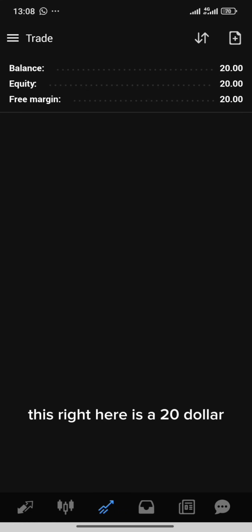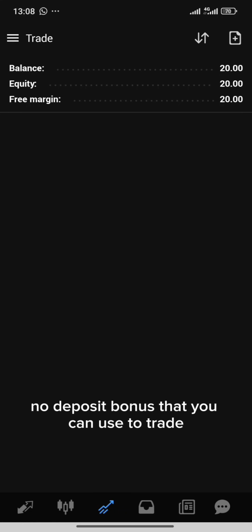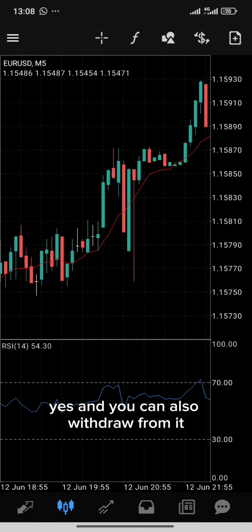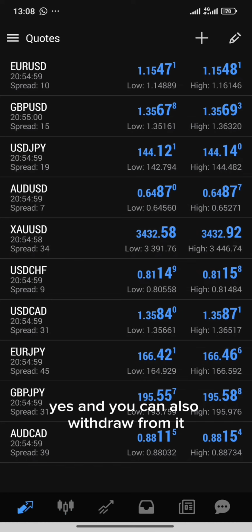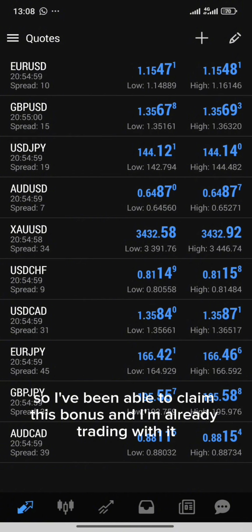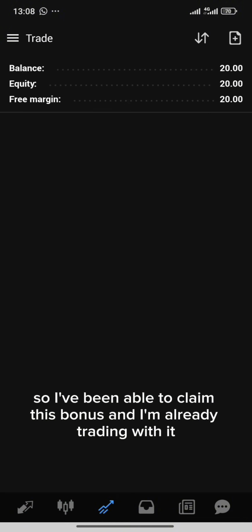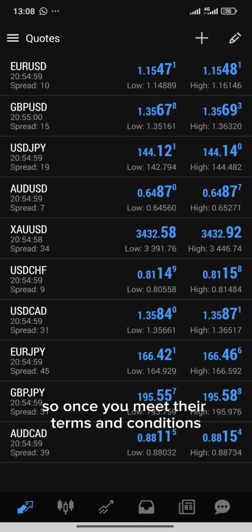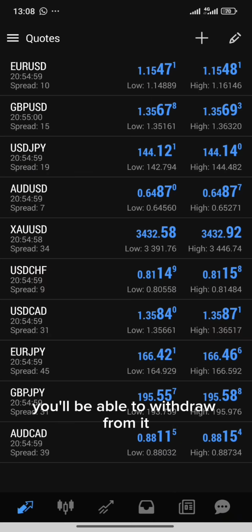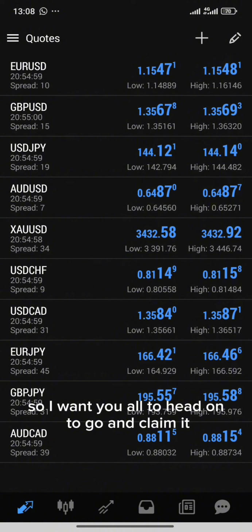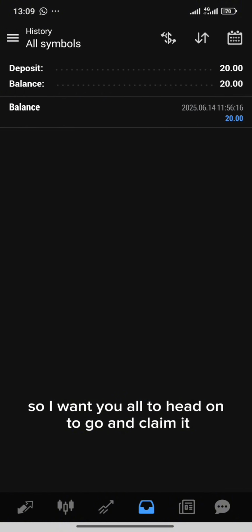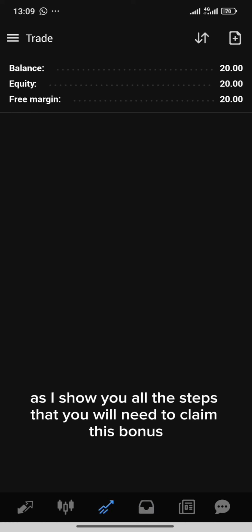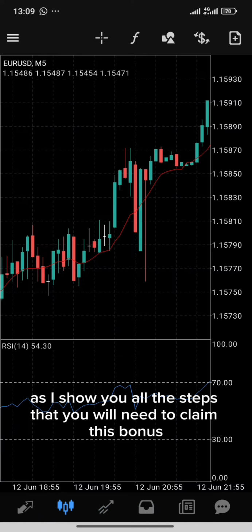This right here is a $20 no deposit bonus that you can use to trade. Yes, and you can also withdraw from it. I've been able to claim this bonus and I'm already trading with it. Once you meet their terms and conditions, you'll be able to withdraw from it. So I want you all to go and claim it. Let's get into the video as I show you all the steps that you will need to claim this